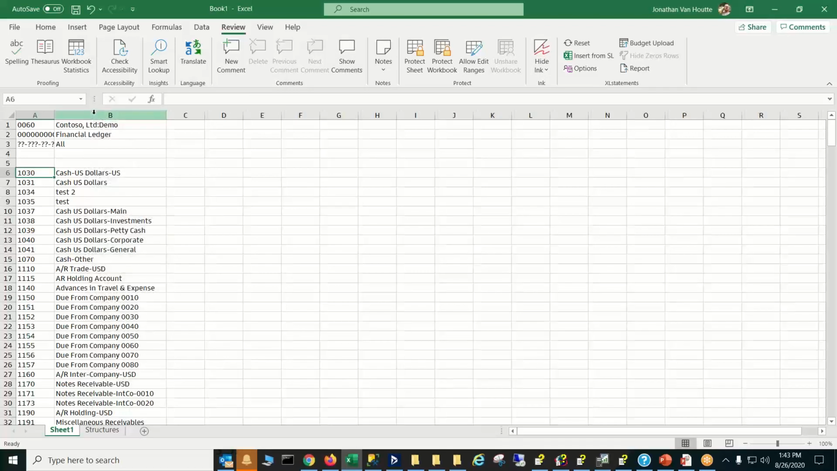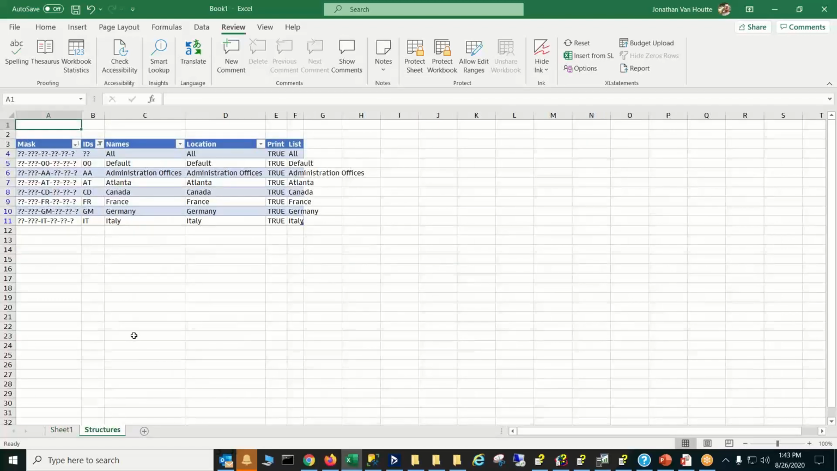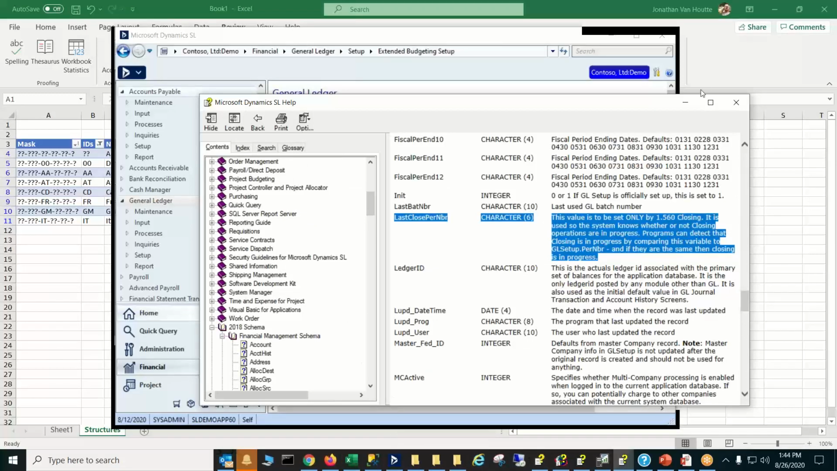Okay, so the drop down list, when you create a drop down list for anything, for companies, ledgers, whatever, the first time you create one, it creates a sheet called structures, and that's where the drop down list is coming from. And so, you can see these are the masks used, and we're only using this one segment. So for all the other segments, we have question marks. And so these location names, those are coming from,